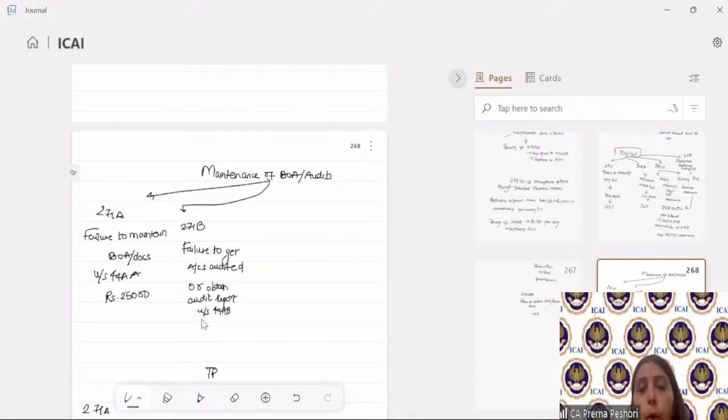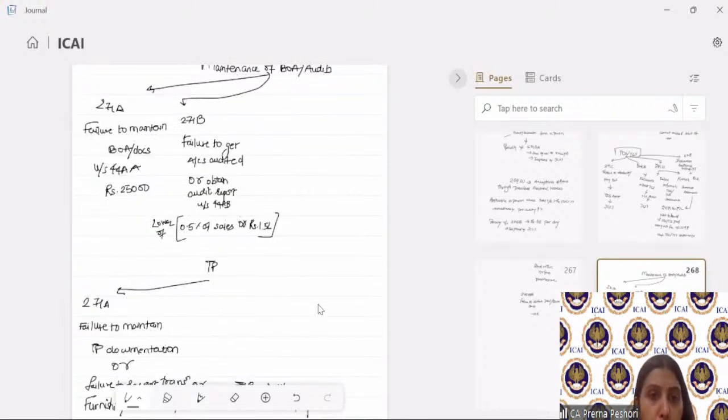0.5% of your total sales or turnover or gross receipts of your business or profession, or rupees 1.5 lakh, whichever is less. So lower of 0.5% of your sales or rupees 1.5 lakhs, whichever is less. Is that clear? Namita, it was 200% because it is considered as misreporting and not underreporting. Is that clear?